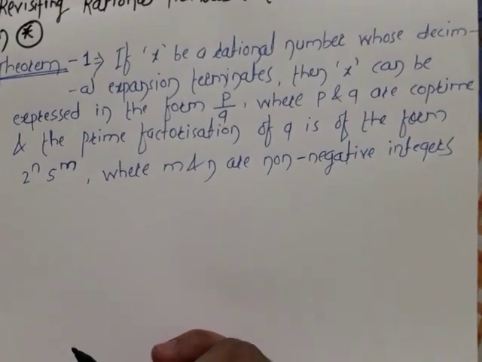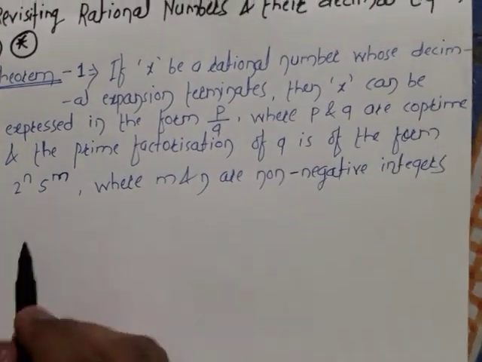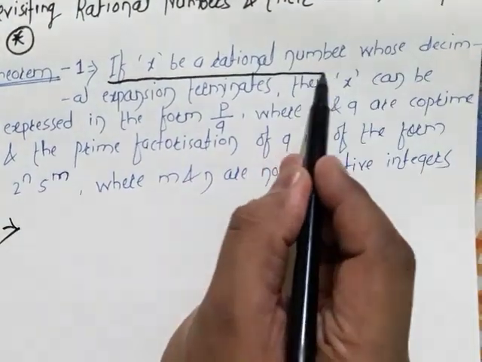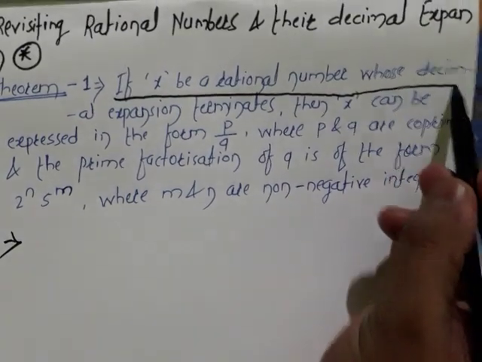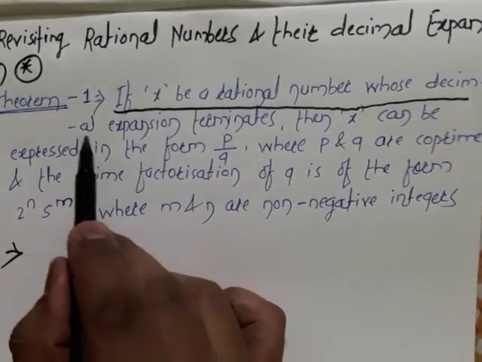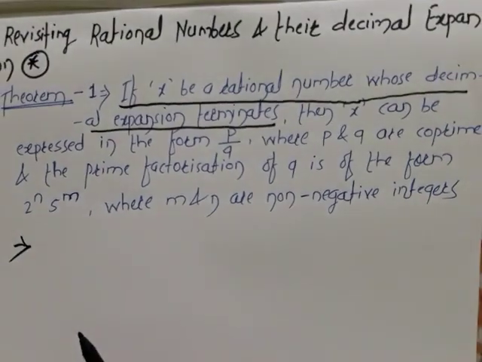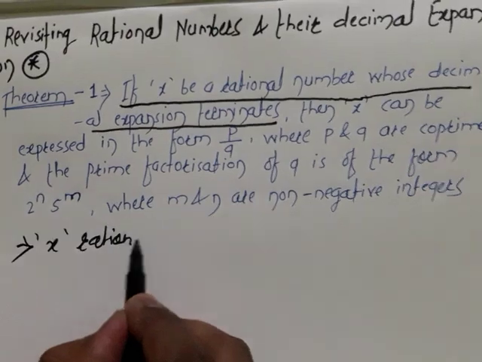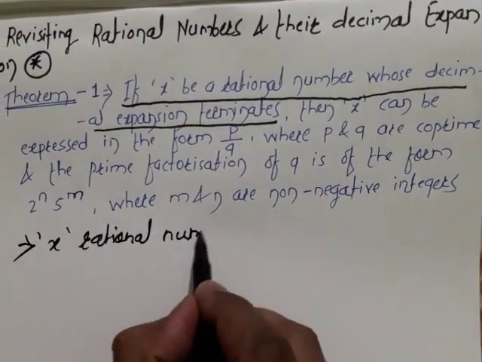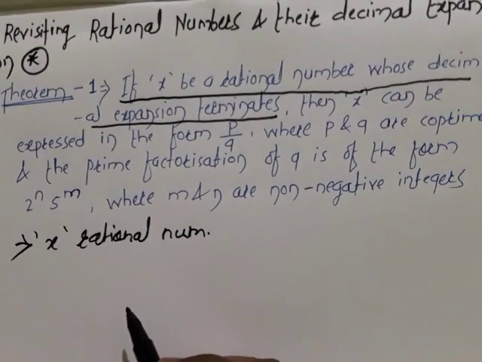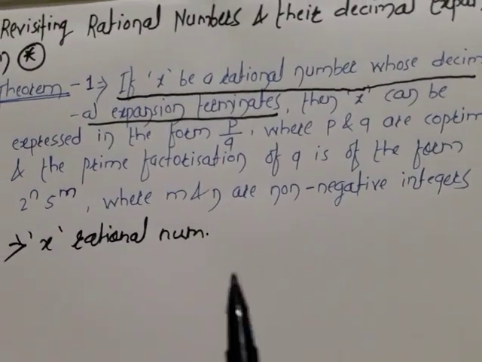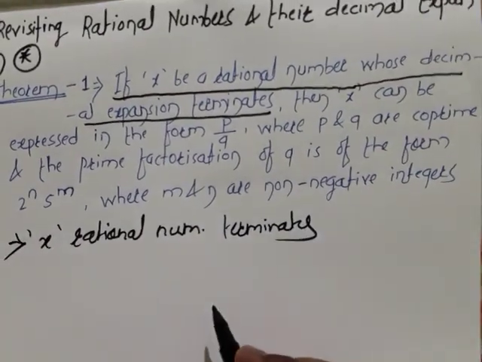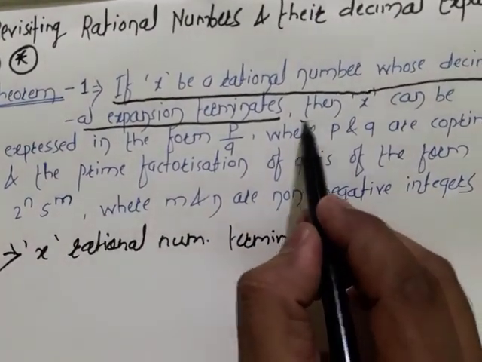This is the first theorem. For understanding purpose, I will divide this theorem in 4 parts. Look here, you will come to know. If x be a rational number whose decimal expansion terminates, it means that x is any rational number. X is any rational number whose decimal expansion is going to terminate. Then x can be